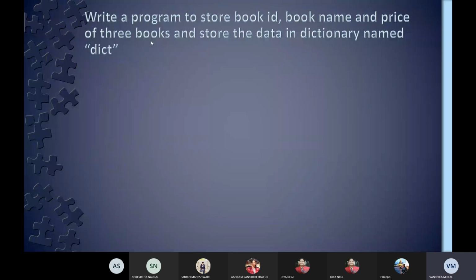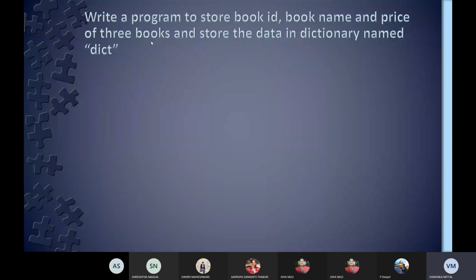Okay, so then let me tell you. First, what we can do is we'll take input of all these 3 items, then we can club any 2 of them. After clubbing them, we can assign it a new variable, and then that new variable can become a value, and the third one which is being left can become the key. So then it will become a key value pair.